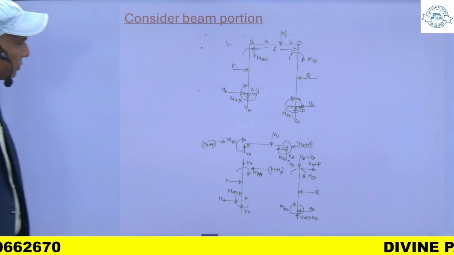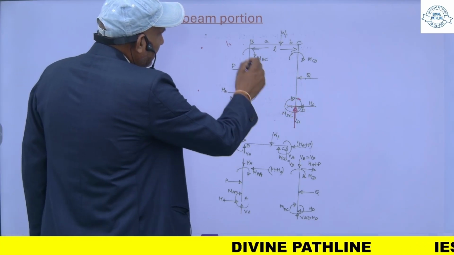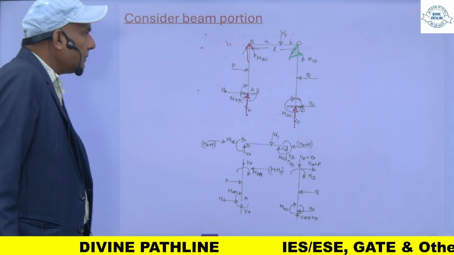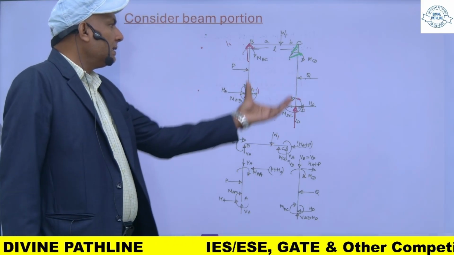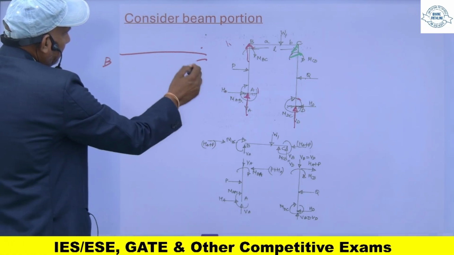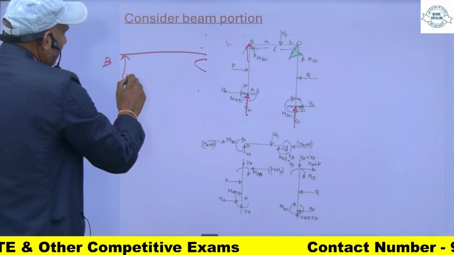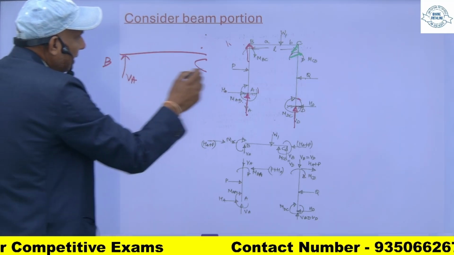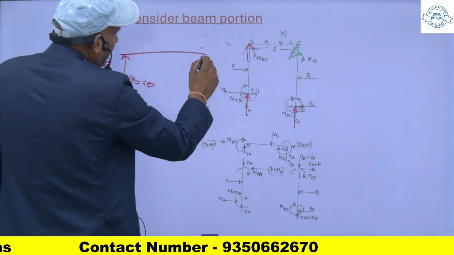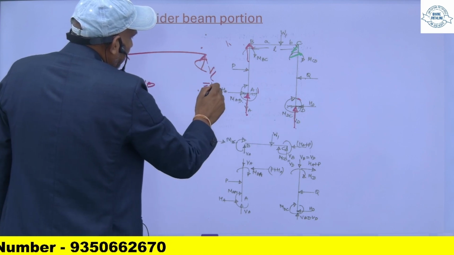ये कहना चाह रहा हूँ कि मेरी ये रिएक्शंस VA है और VD है, ये सेम यहाँ पर रिएक्शन रहेगी। अगर मैं इसको काट दूंगा तो ये सेम रिएक्शन यहाँ ट्रांसफर हो जाएगी BC पोर्शन में। तो ये माय BC पोर्शन है। तो इफ दिस रिएक्शन इज VA, तो यहाँ जो रिएक्शन VB आएगी वो VA इज इक्वल टू VB। सिमिलरली जो VC आएगी, ये जो रिएक्शन VD है वही सेम आएगी।